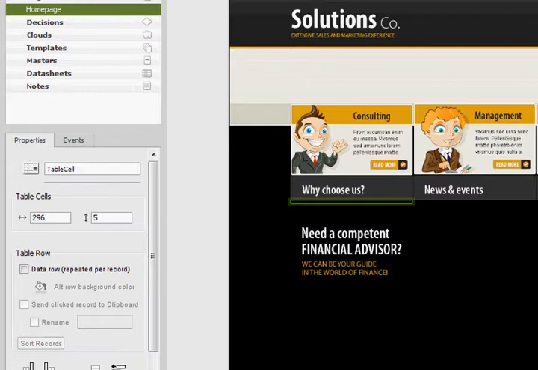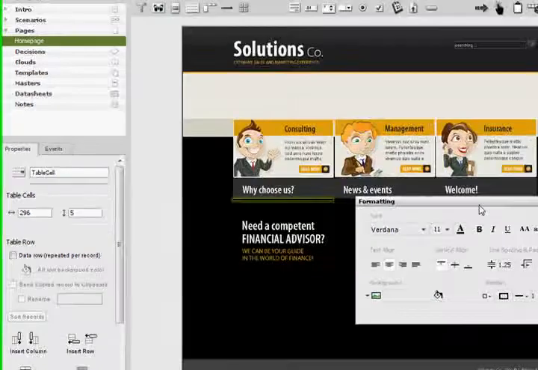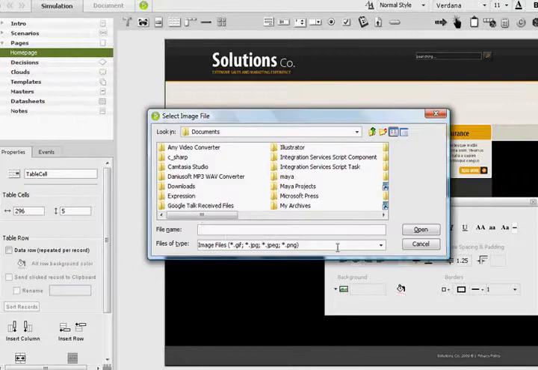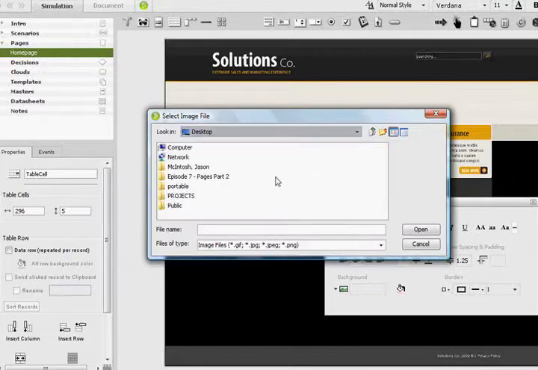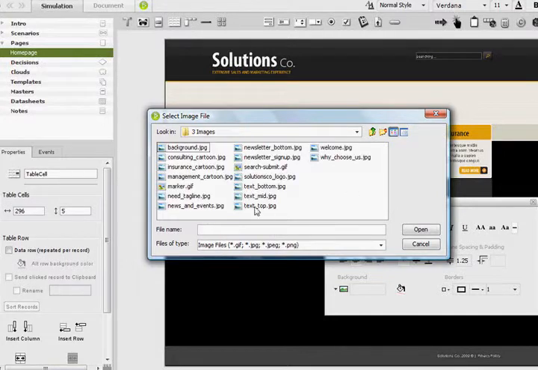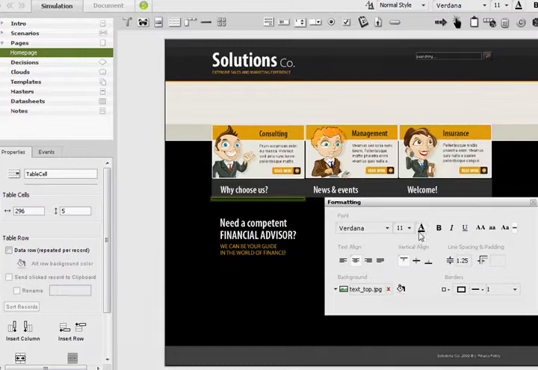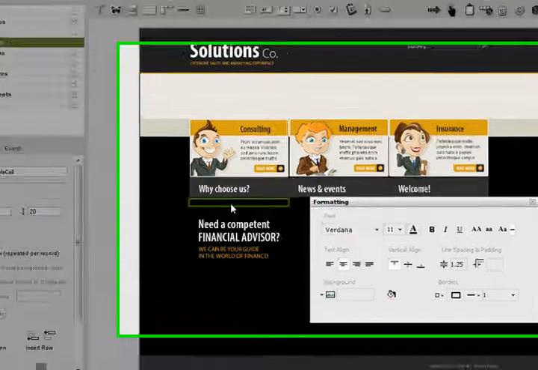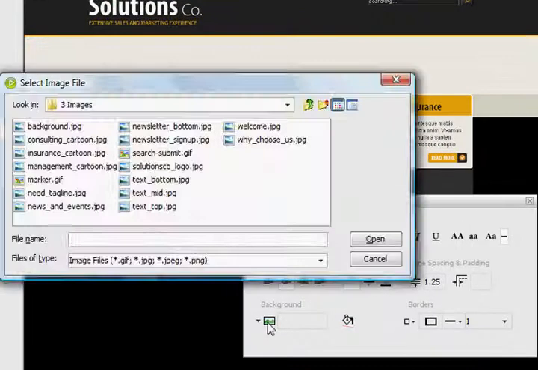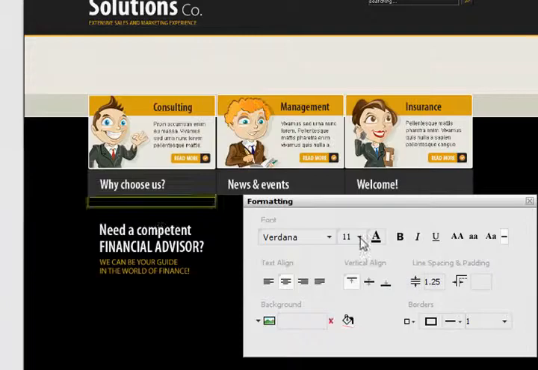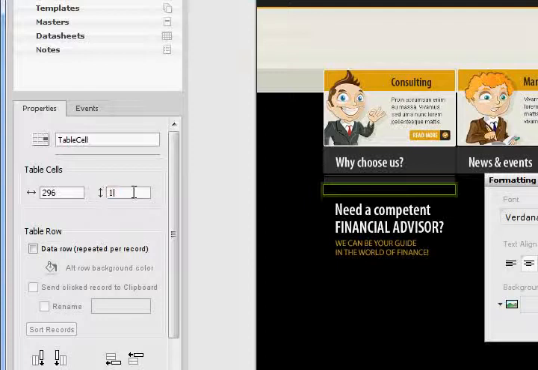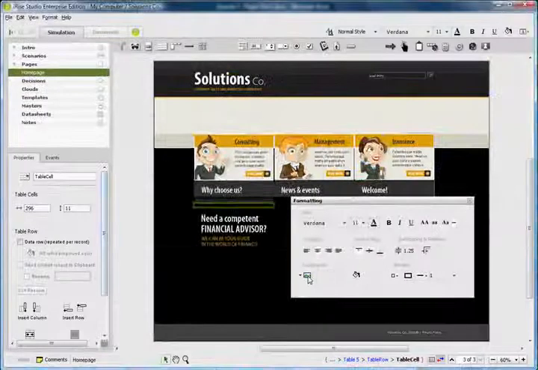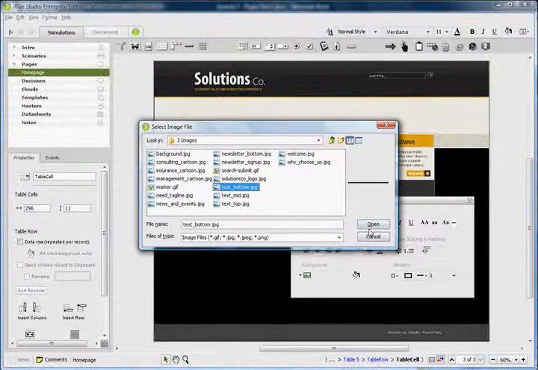And then let's use Control-Shift-T for the formatting toolbar. We want to give it a background image, again within our sample files, Episode 7, Pages Part 2, in the Images folder, of texttop.jpg. Now, we want to select the middle row, which is the expandable part, and give it a background image of textmid.jpg. Then finally, let's select the last row, make it 11 pixels high, and give it a background image of